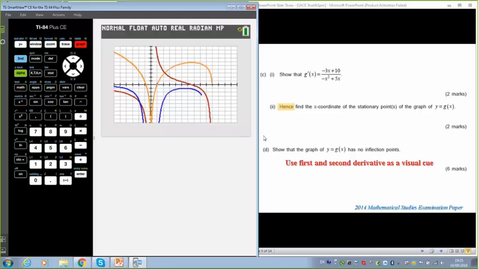And again, we can see, well, oh, that's right, of course. The second derivative must be 0 if there's an inflection point. We can see it doesn't get to that. So how am I going to prove that? Okay, so I need to find the second derivative, and then I need to see that it proves not equal to 0. So again, using the calculator to support their understanding, whether it be in the exam, if they've got the time, hopefully they have, or equally in terms of teaching our students for future years and just this topic in general.